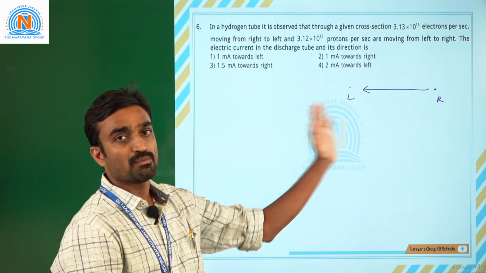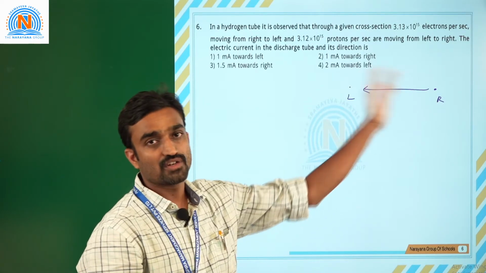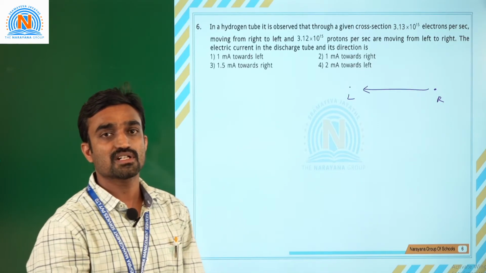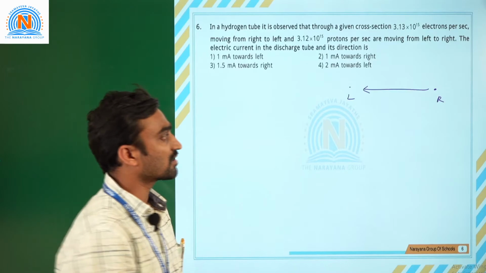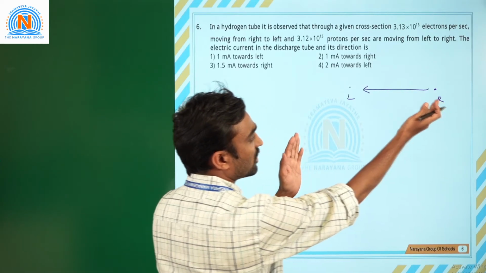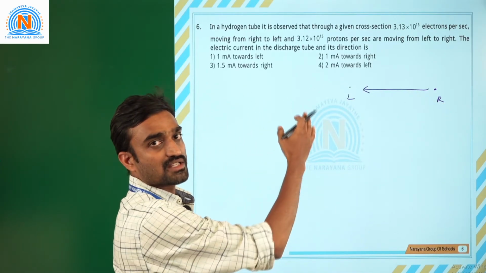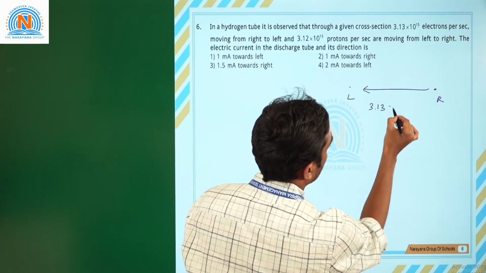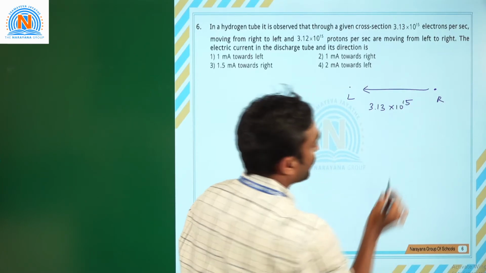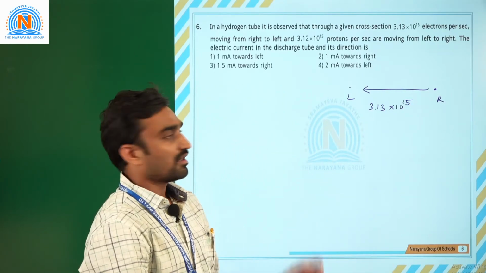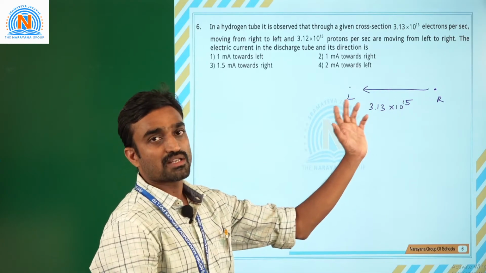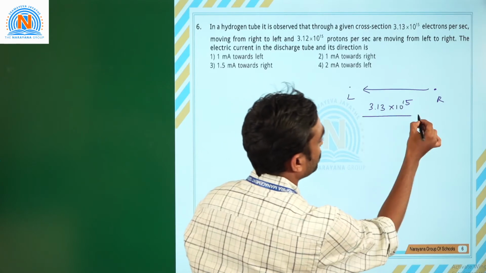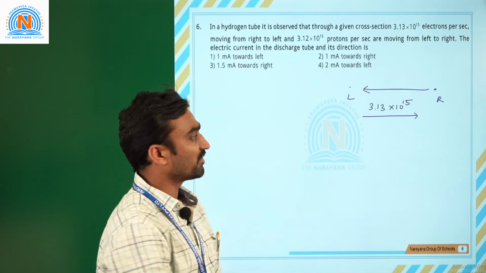So this number of electrons are flowing from right to left. We can imagine same amount of positive charge is flowing from left to right, because that will give you the direction of conventional current. The direction of conventional current will take opposite to the flow of electrons. So how many number of electrons that are moving from right to left, we can imagine same amount of positive charge in the opposite direction. So this 3.13 into 10 raised to 15 electrons are moving from right to left. We are imagining a positive charge, equal amount of positive charge moving from left to right. So this is the number of particles moving from left to right.